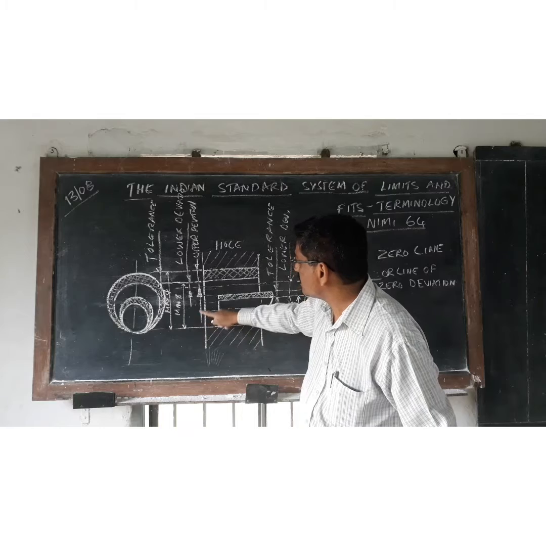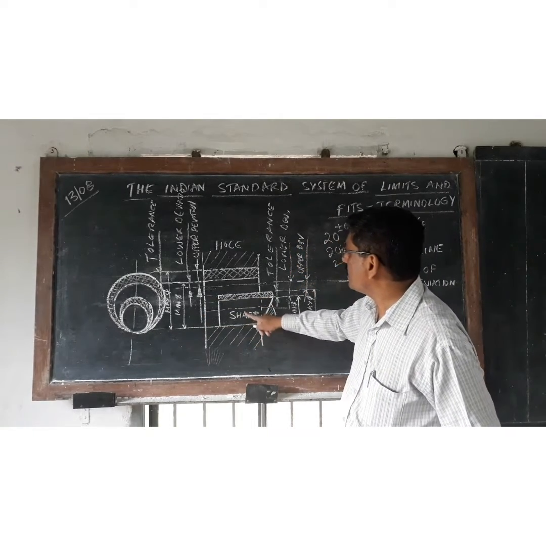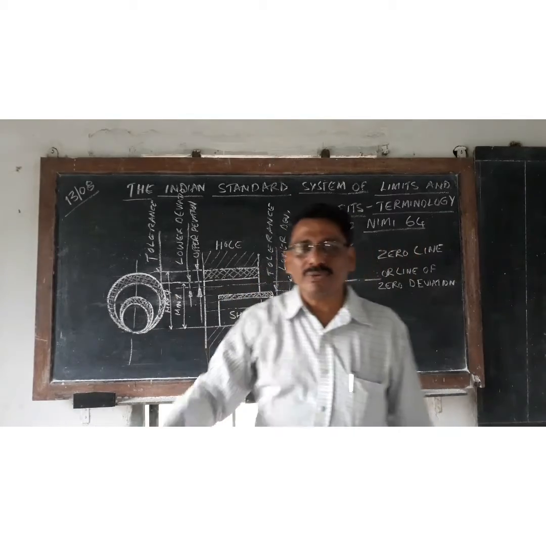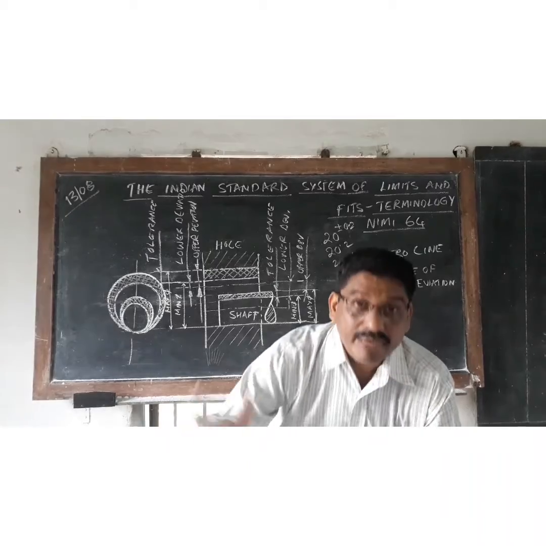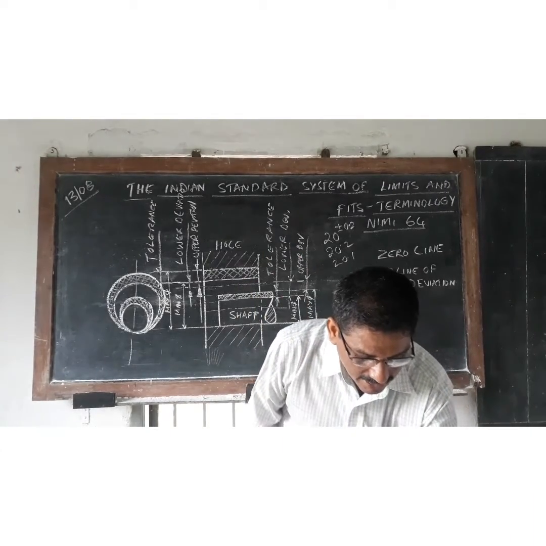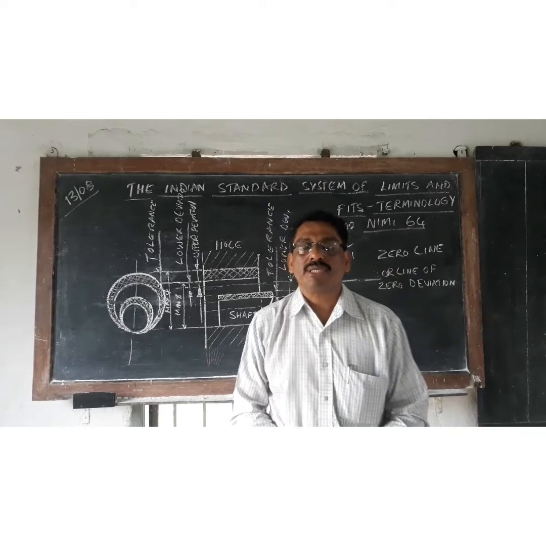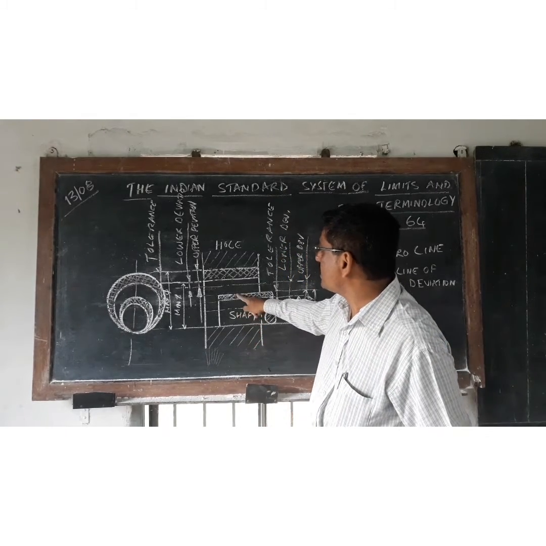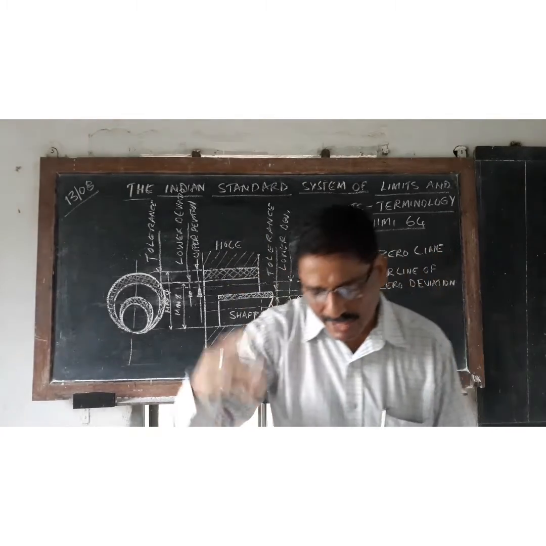Here we have to see which is the maximum size. We'll do an example, and at that time we'll come to know. Okay, maximum limit of size and minimum limit of size, that is the smaller of the two limit of sizes. Two limit of sizes, one is the maximum limit of size and one is the minimum limit of size. One example we will do, and at that time you will come to know.